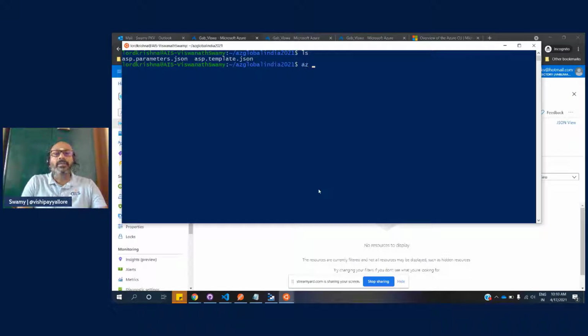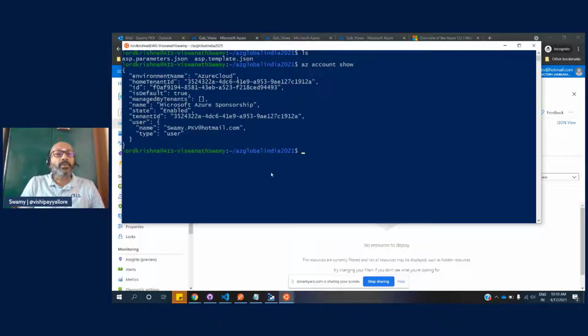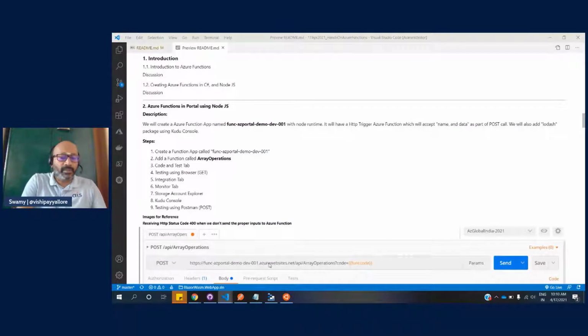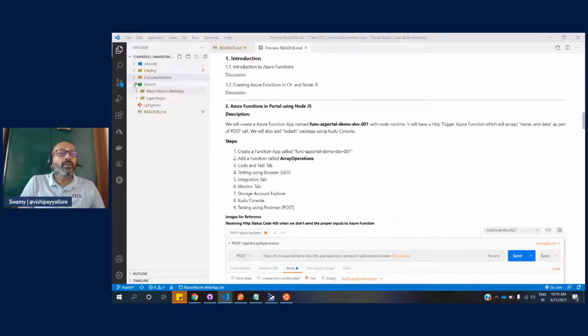So az account show shows the default account, whatever I have configured at this point of time, and az group list table shows the resource groups which we have. Okay, so these are the things we have right now. I have created all these things, and whatever changes I do today, I'll upload it.